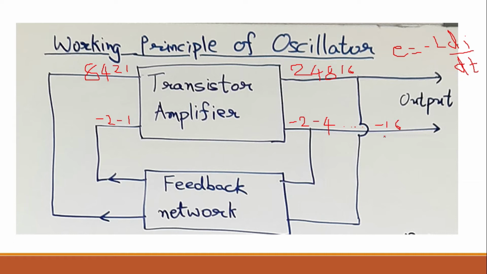Now again what will happen? The cycle will get repeated. Again one will come from the input. Why? From where will this one come? The capacitor that is charged will start discharging, and again the current will start flowing, and again one will come, again 2 will be the output, again 2 will be the input, that is feedback, again 4 will be the output, and so on. And this cycle will go on if you are using a transistor amplifier along with the LC oscillator circuit. And this is the working principle of transistor as an oscillator.